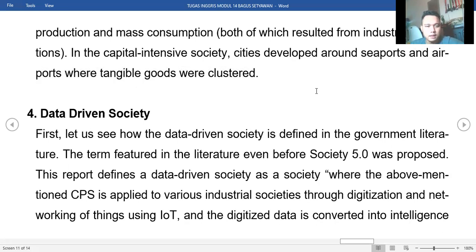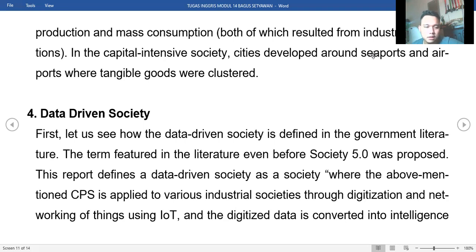4. Data-driven society. First, let us see how the data-driven society is defined in the government literature. The term features in the literature even before Society 5.0 was proposed. This report defined a data-driven society as a society where the above-mentioned CPS is applied to various industrial societies,